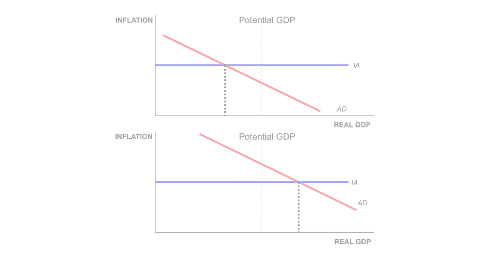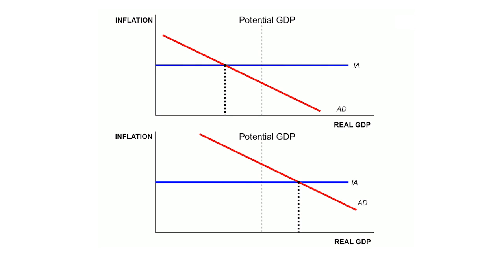Let's see how this works in the AD-IA model. In the top part of the graph, we have a situation where real GDP is below potential GDP. That's where the intersection of the AD and the IA line are. So let's suppose that's the starting point. We're away from potential GDP in a recession. And so now the goal of discretionary fiscal policy is to increase government purchases, which will shift the AD line to the right, give us a new intersection with the IA line, and thereby bring the economy back to potential GDP. That's what the model tells us, which will happen in this ideal situation.